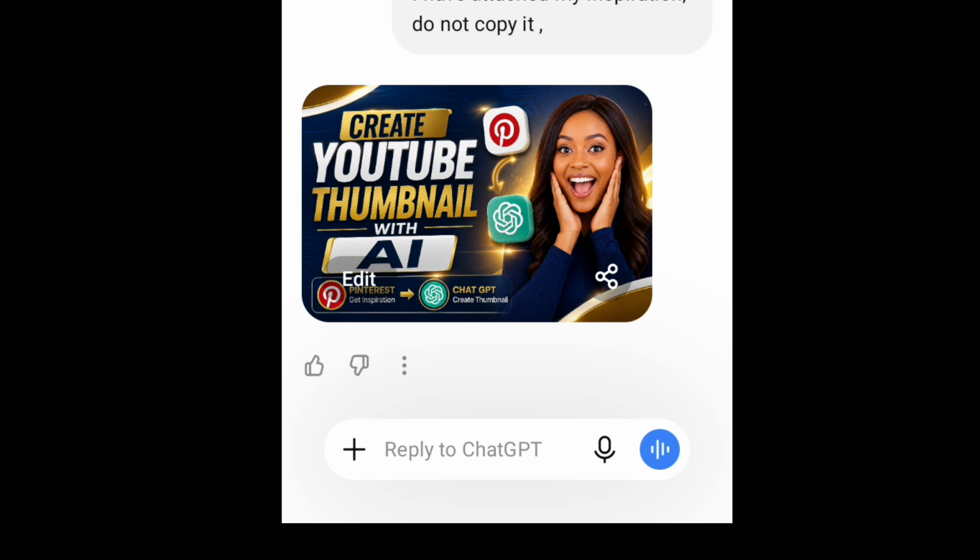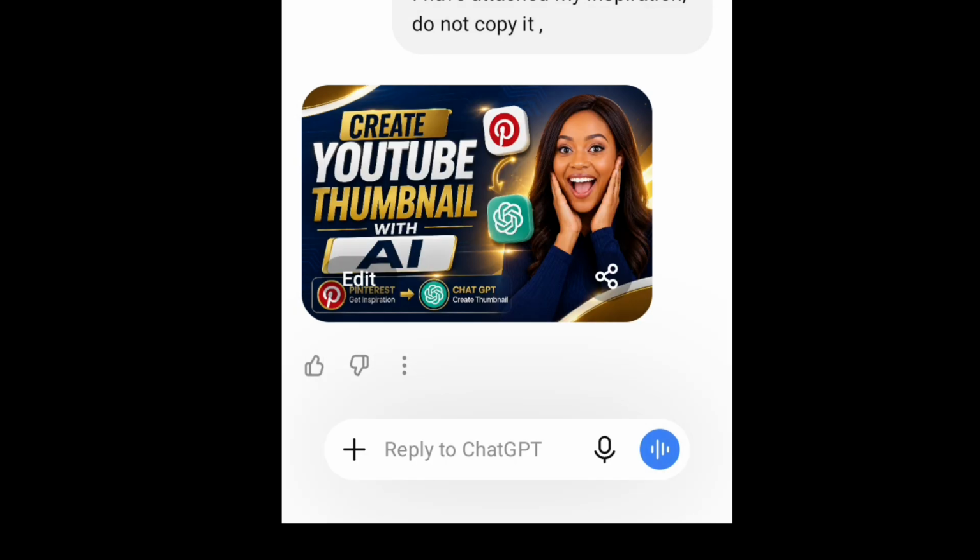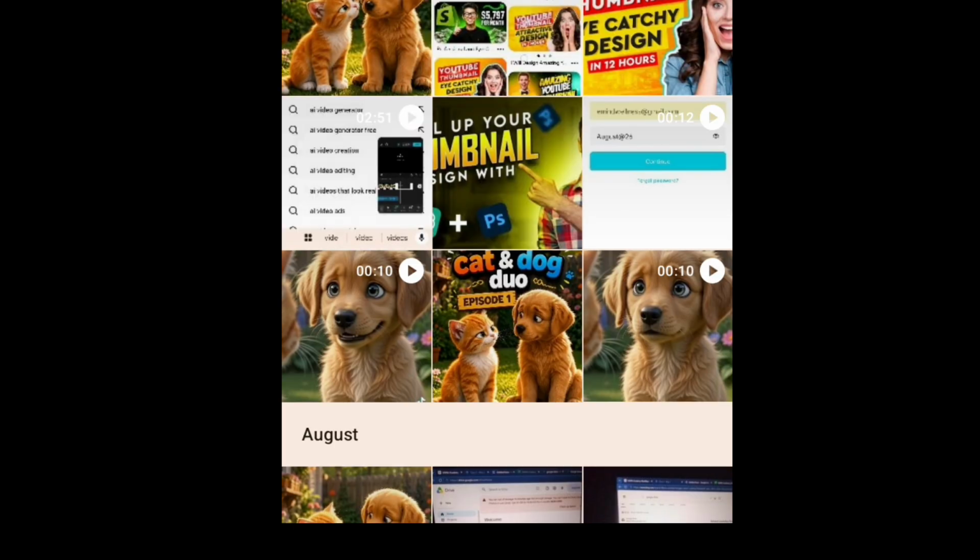So I have to go again and prompt ChatGPT that I don't want that too. I don't want the two icon. I don't want it to repeat it twice, and I want it to remove that one beside the lady. Now let's go. I have a picture that I always use